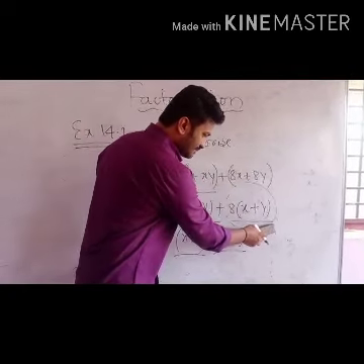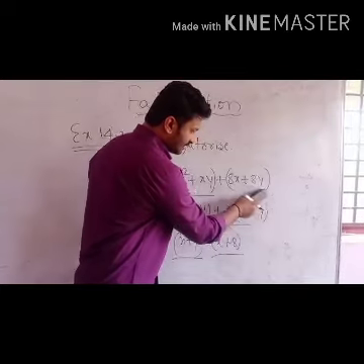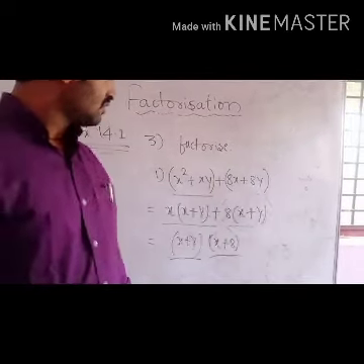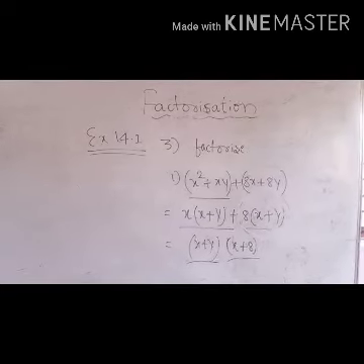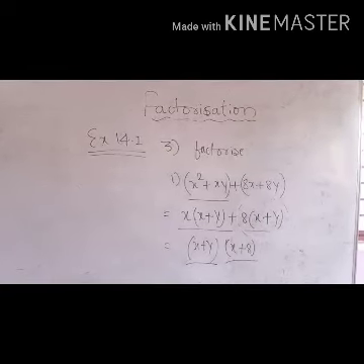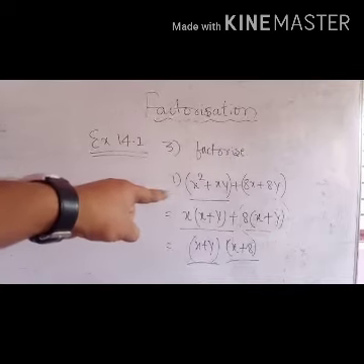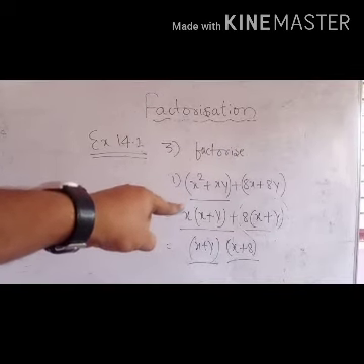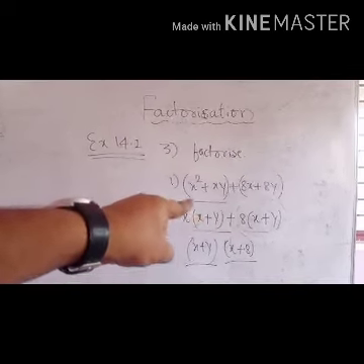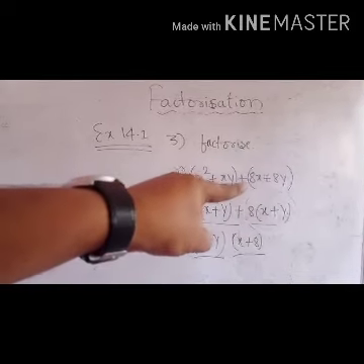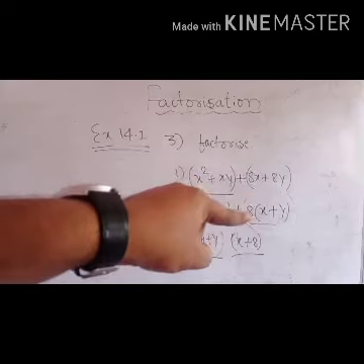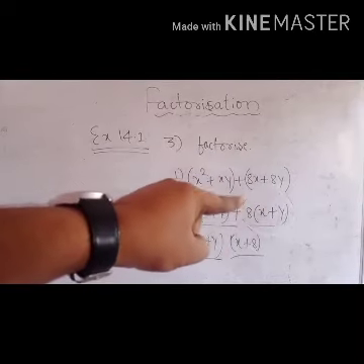It's very simple. Okay, first we have to make some groups. First 2 and next 2. For what we have to do? We have to take common in first 2. X is a common and what remains? 1x remains here. X common outside, y remains. And in second 2 terms, 8 is a common, x remains plus y remains, already 8 common.